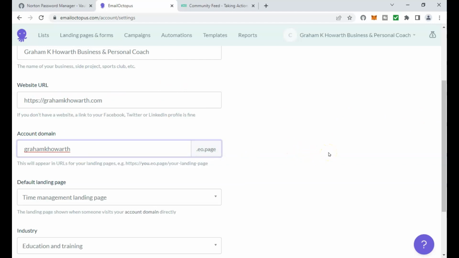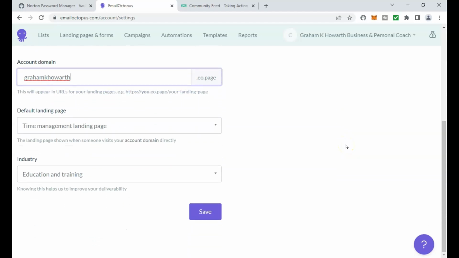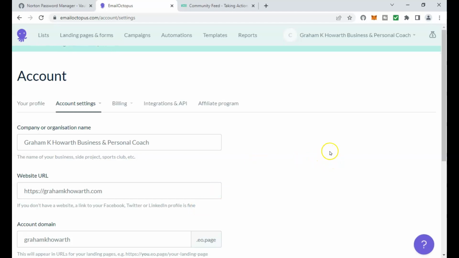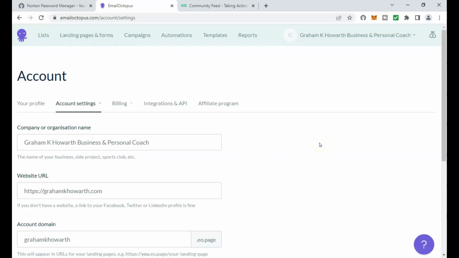That will have the effect of making the landing page look as if it's coming from grahamkhowarth.com, so it puts that in front of the URL for the landing page. If I just save that, that's all we need to do in order to have the URL for the landing page look as if it's coming from the main domain and not Email Octopus.